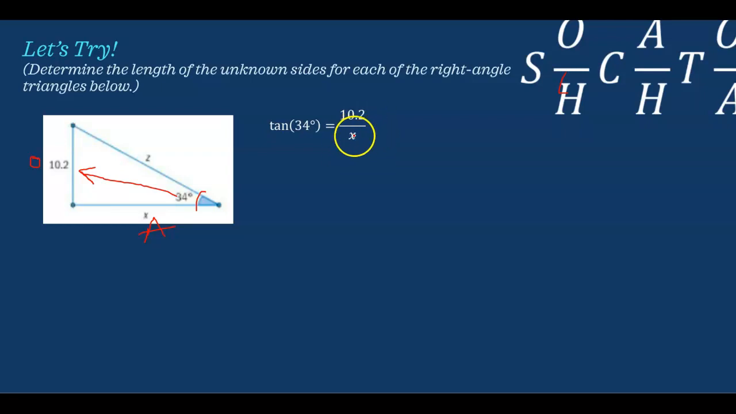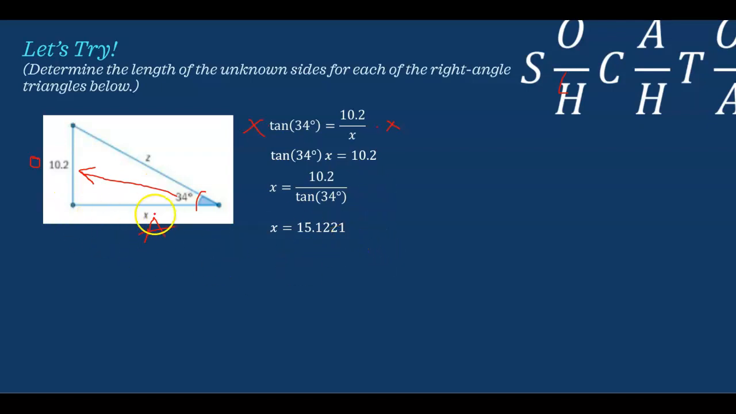I know to get rid of this x, it's being divided by x. The opposite of dividing by x is multiplying by x. I'm going to multiply by x on both sides. So I'll get tangent 34 times x equals 10.2. I want to get x by itself, so I'm going to divide both sides by tangent 34. So you'll end up with x equals 10.2 divided by tangent 34. You'll put this into your calculator, and once you put it into your calculator, you'll get x equals 15.1221,